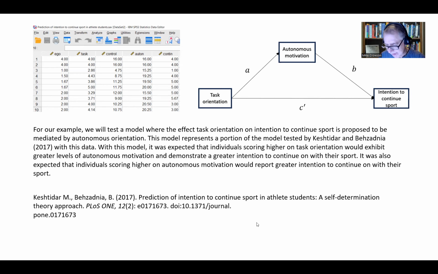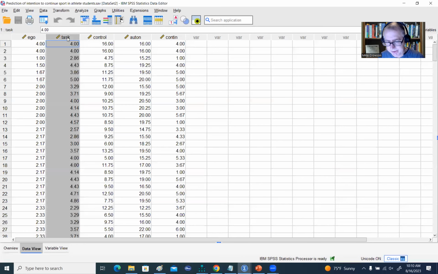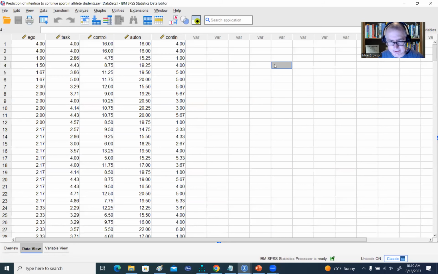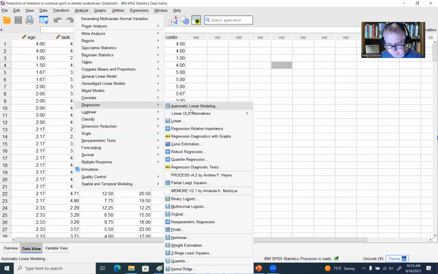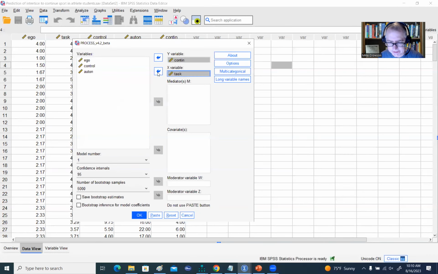So let's go ahead and open up SPSS, specify our model, and generate our results. Okay, so here we are in SPSS. The variables we're going to be working with in this first example are task orientation, autonomous motivation, and this intention to continue variable right here. We're going to go to Analyze, down to Regression, and then to PROCESS. We'll open this up and move our consequent variable, intention to continue, to the Y variable box. We'll move task orientation to the X box, and then we'll move autonomous motivation to the